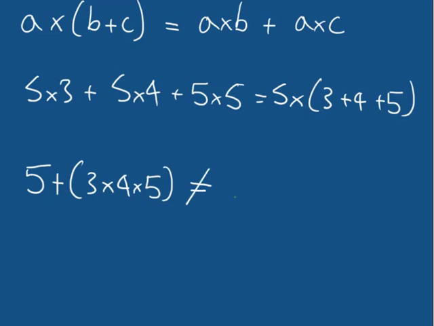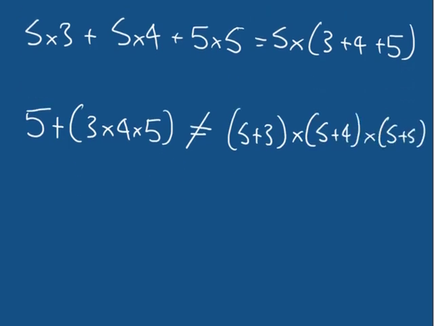We can say this is not equal to 5 plus 3 times 5 plus 4 times 5 plus 5. So if we try to expand this out, we can see that this does not actually work. So we have 5 plus, well, 3 times 4 is 12, times 5 is going to be 60. So 5 plus 60. And we can see that that's not equal to, or 5 plus 3 is 8, times